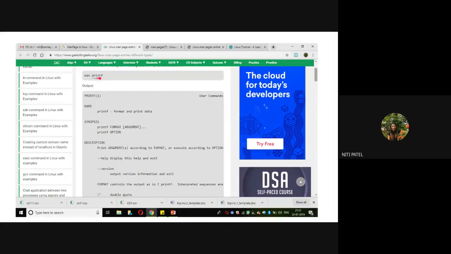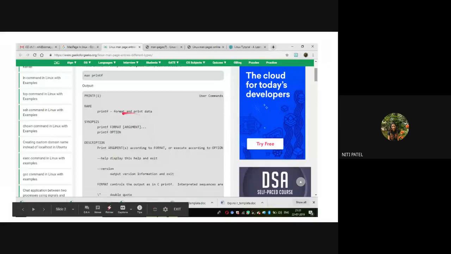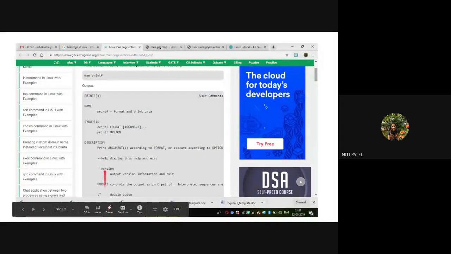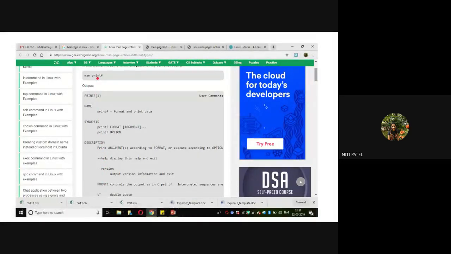Okay, if you see this example, there is written man printf. Now what is that man printf? It will give me the information of the command printf. So when I type this command man printf and when I press enter, I get to see this information. That is the name of the command, how you type that particular command, and what is the description of the command. So what was my command? printf. So if I want to know what this command actually does, I simply have to add man in front of that, which will give me the entire details of the command printf. Similarly, if I want to replace this printf command with any other command, I can always do that.